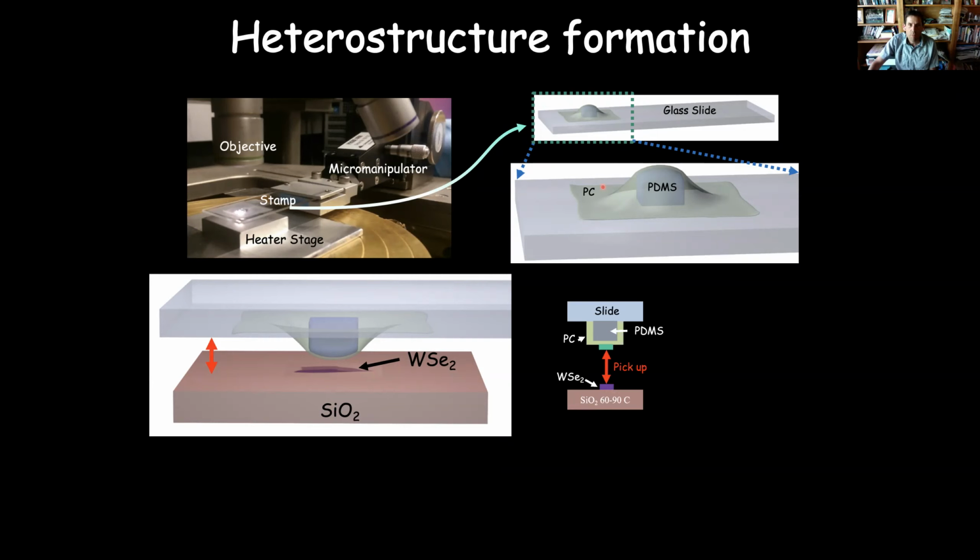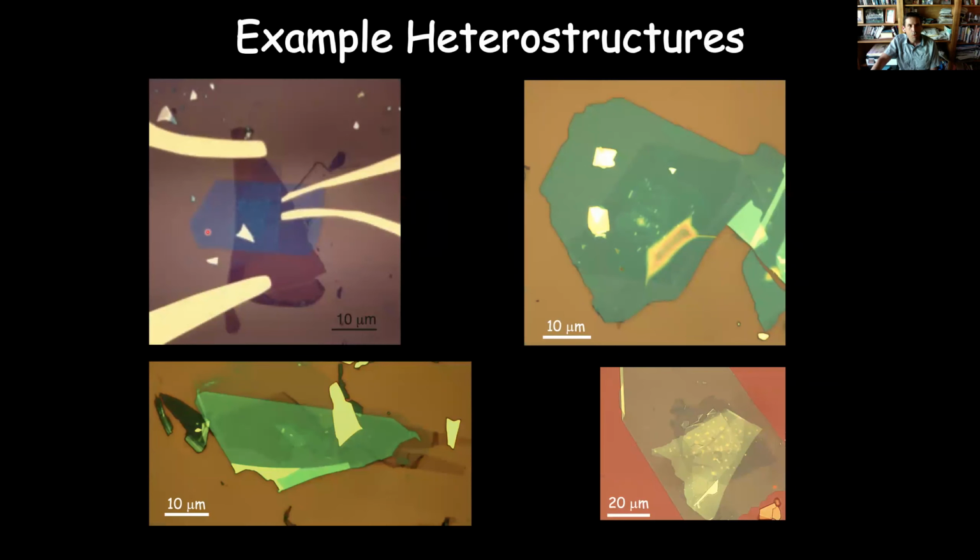And so here's a couple images of different heterostructures that we can form. And what you'll see here is each of the different colors is different layers. So in this case, we have something like graphite in the background, different boron nitride insulating layers. There's a tungsten selenide, molybdenum diselenide heterostructure in the middle here. Other ones here, you can see graphene sticking out here, boron nitride, and some other layers in the middle here.